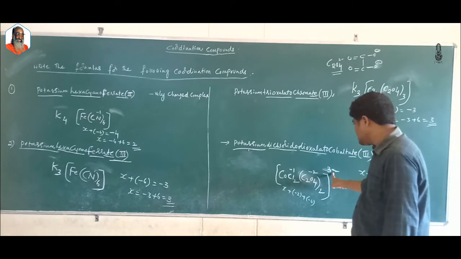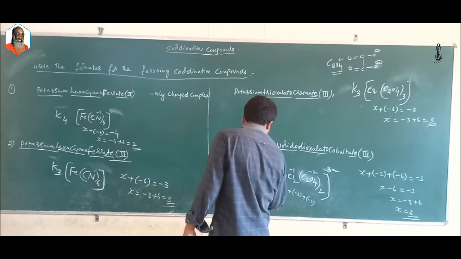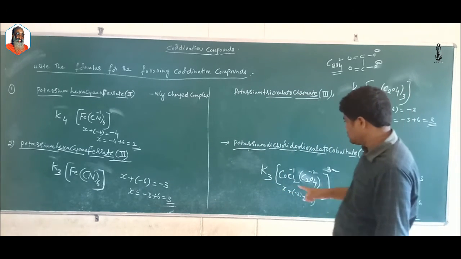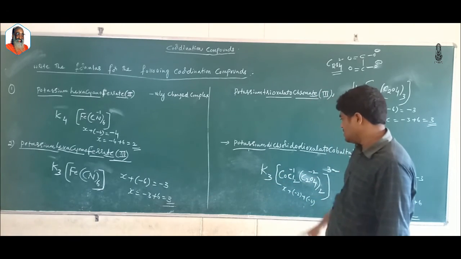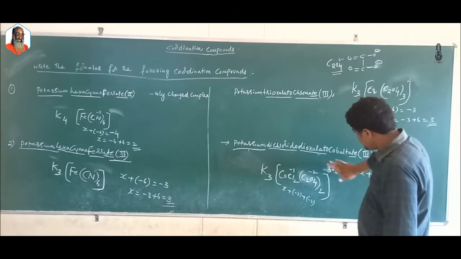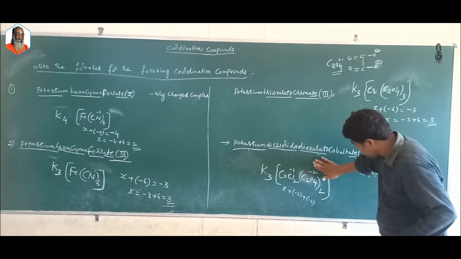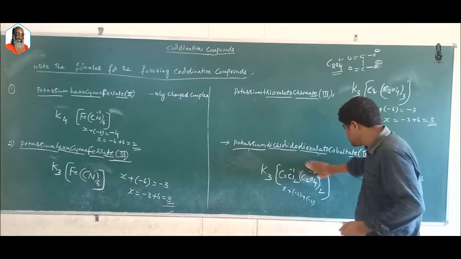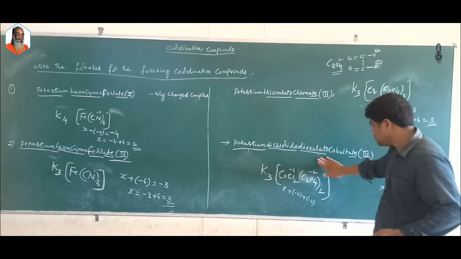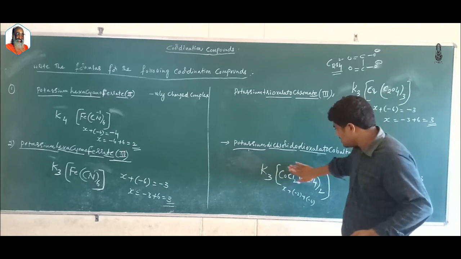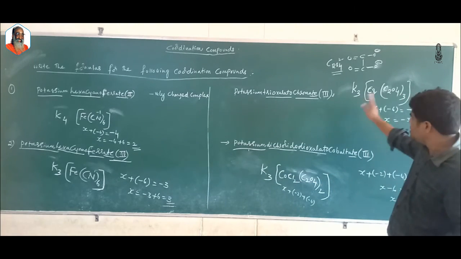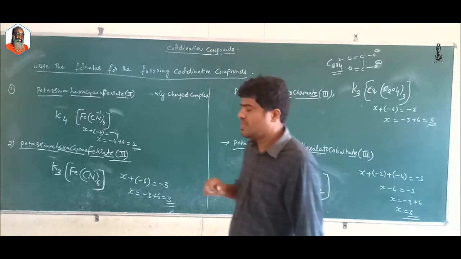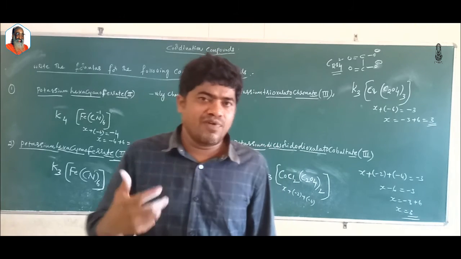So how did we get 3 minus? Definitely there should be 3 potassium ions outside the coordination sphere, that is K3. So when you are writing the formula of a compound, you need not keep the charge on the complex. There is no need to keep the charge on the complex. To make you understand, I will write some charges on the ligands in order to calculate the oxidation state of the metal. That will help you to write the formula of a compound.